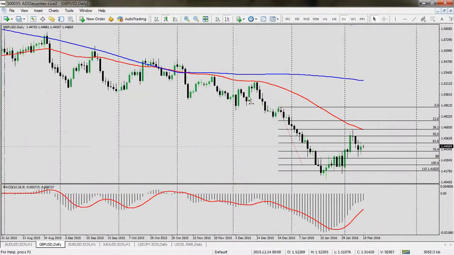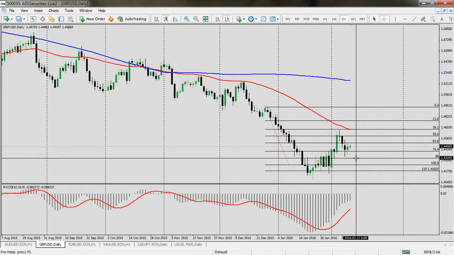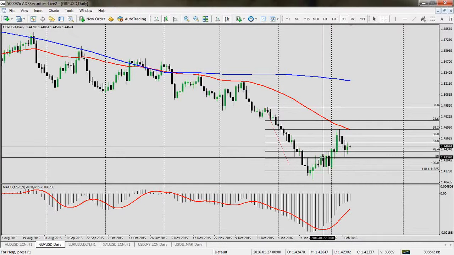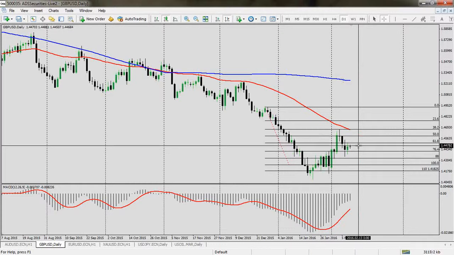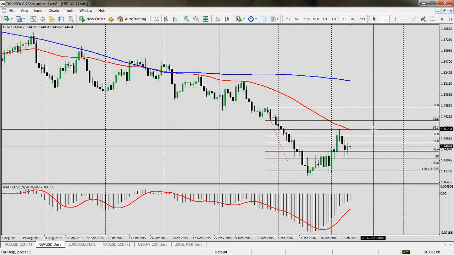However, if we look at the level over here at 88%, we see that there is a massive support level there, which is at the 143.33 level. Therefore, I don't really recommend any short entries at this given moment, at least not sell stop orders. However, if you really want to short, you could consider shorting at the 1.4670 level, which is at